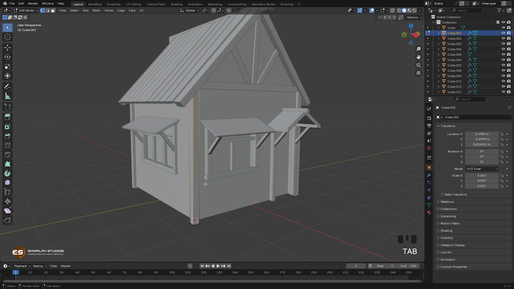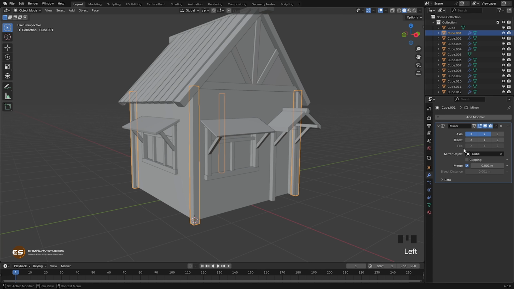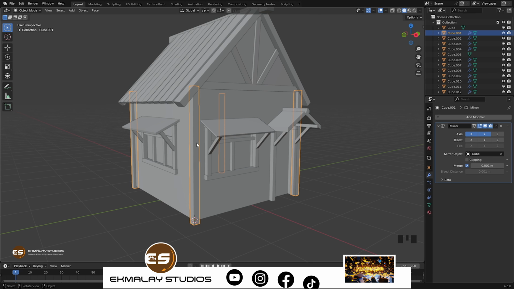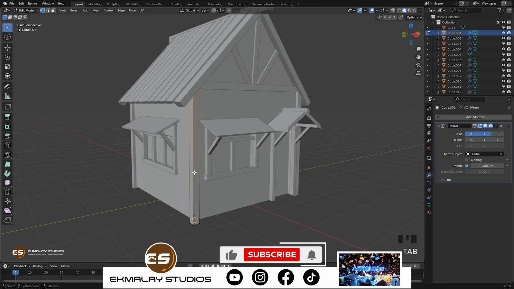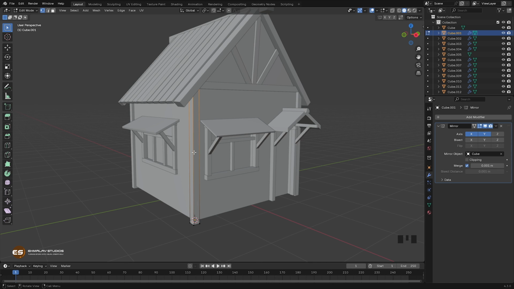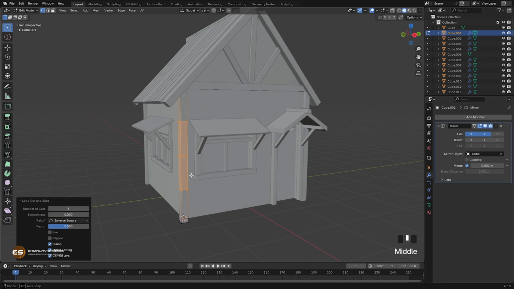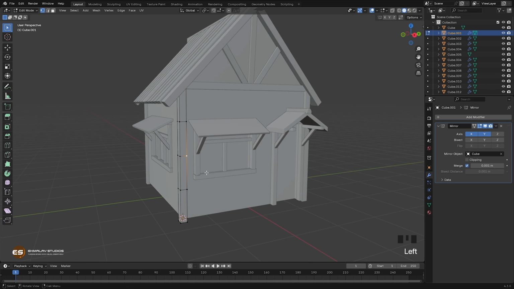So tab to go in edit mode, and remember, because we have a mirror modifier applied to this one, all of them are gonna have the same effect. So don't add too much detail at the beginning, add little detail, and then later you can apply this mirror modifier and then change the other one, because all of them are gonna be exactly the same if you do it like this. So let's add 3 and select this one, Control Shift B